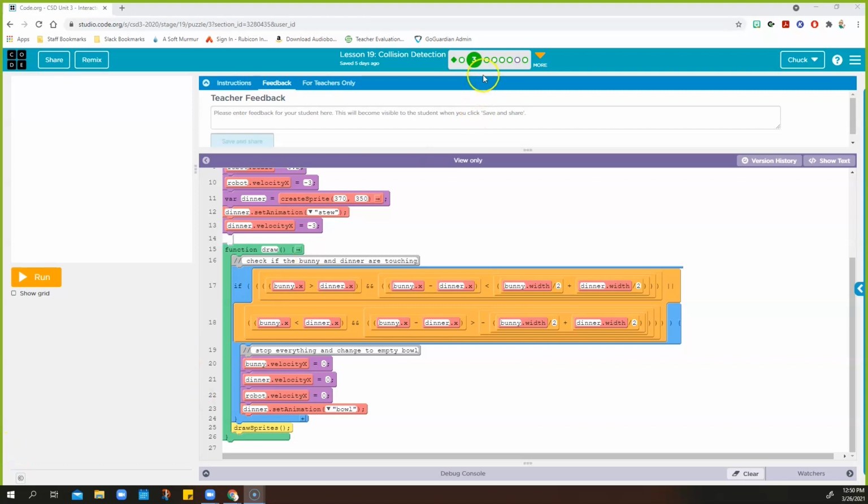All right, guys, so on number 3 here, we're on lesson 19, collision detection. We had this long math equation that shows us when we get two things touching, two different sprites touching. And this is way too long and complicated. So when we move on to number 4, I showed you guys the new line of code, which is the